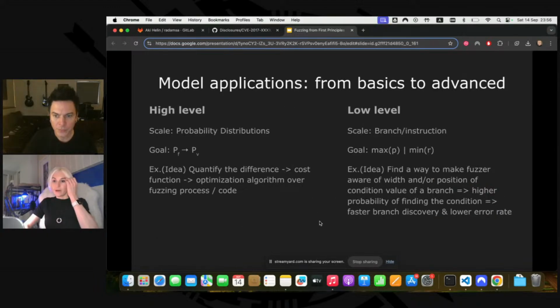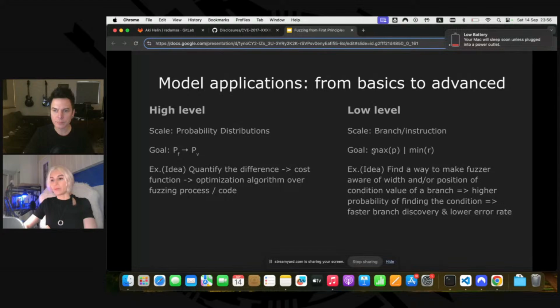And to generalize, we can apply this theoretical model to optimize fuzzing in two ways, on the high level and on the low level. The high level is what I just showed. We operate on the scale of probability distributions, and we try to optimize these distributions to target the vulnerability. On the low level, we can work directly with the branches.